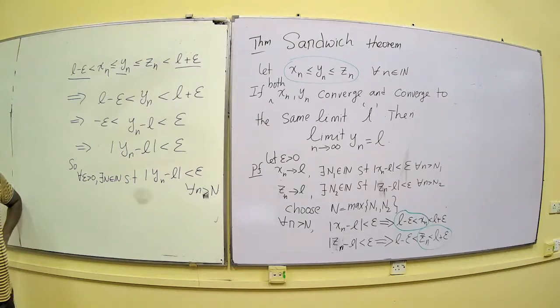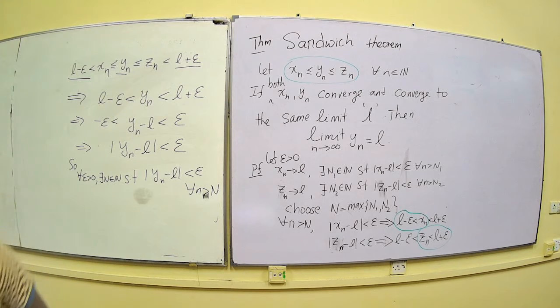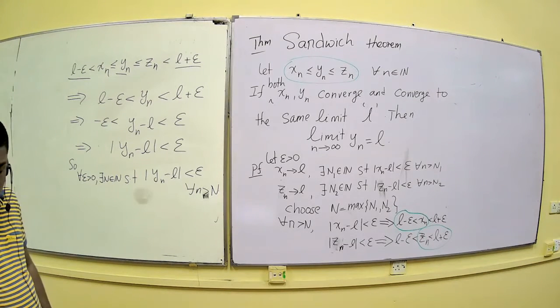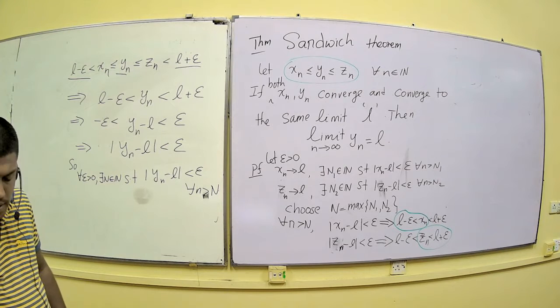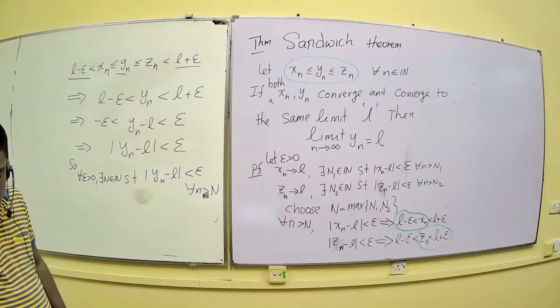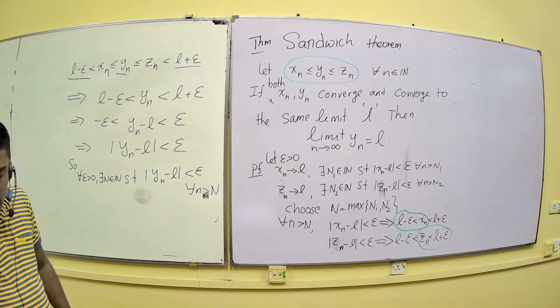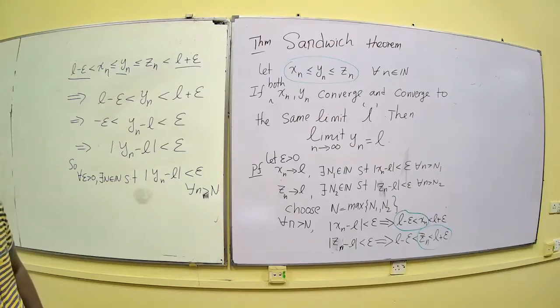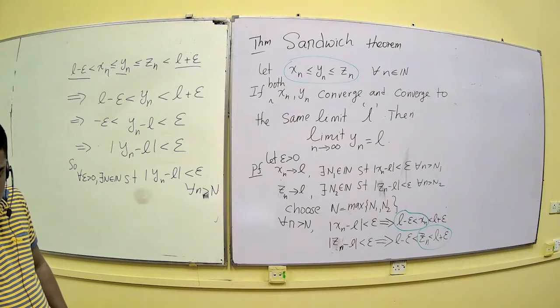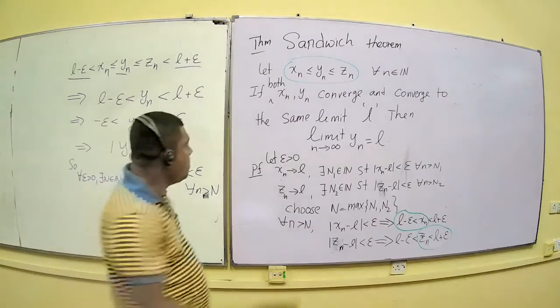So this sandwich theorem becomes very handy when it is difficult for you to find the limit of a sequence. Whenever it becomes difficult to find the limit of the sequence, you may apply the sandwich theorem, because you can put two sequences above and below that converge to the same limit and put the unknown sequence in the middle, then you can easily see the convergence. Say, for example,